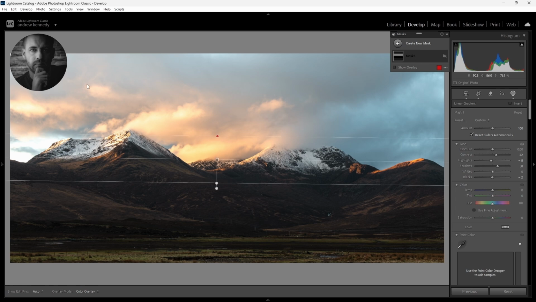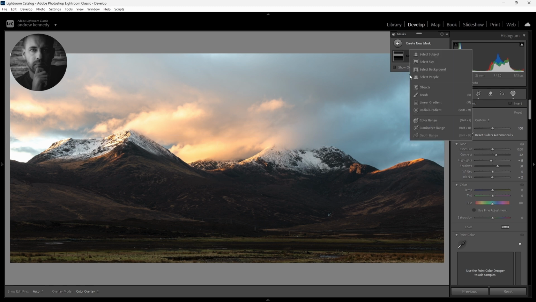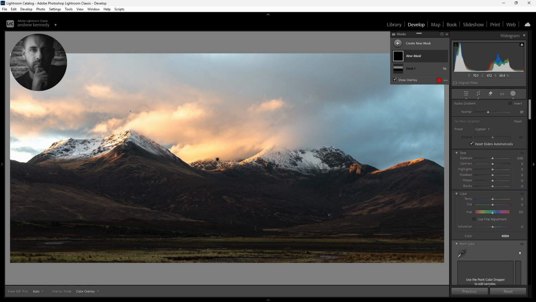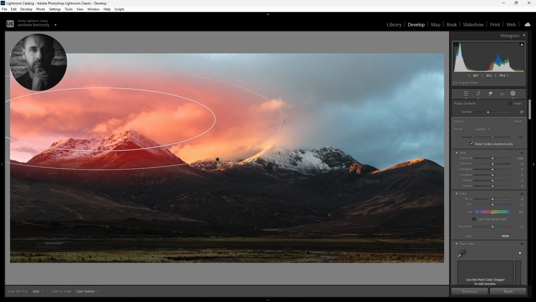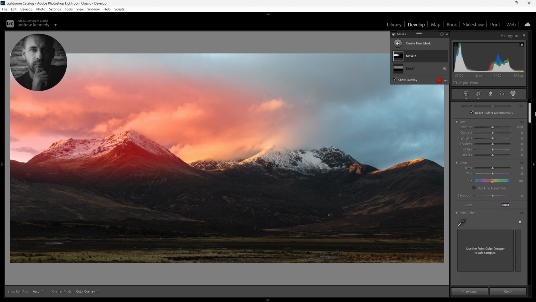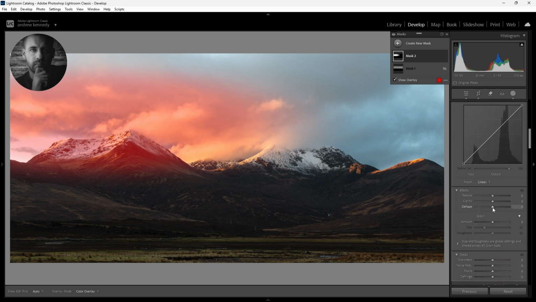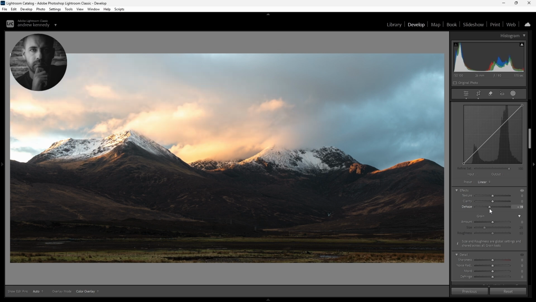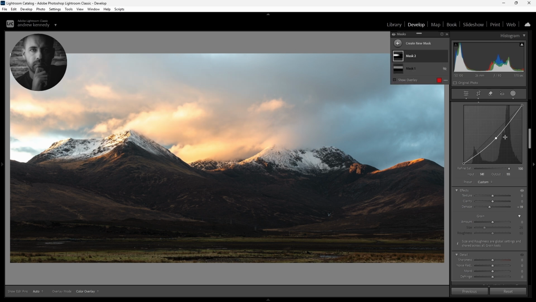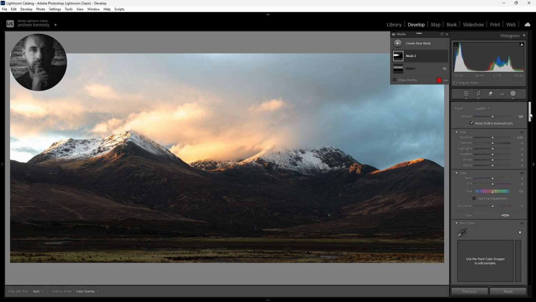Now what I do want to do is bring out some of this color up in this cloud here, because that was really glowing. That was really nice. It was popping quite nice as well. I'm just going to use a radial. I'm just going to bring that over here, and this is a great example of using the dehaze. So I'm going to just brighten that up a little bit on here. Just going to darken that down a bit, and we're only going to affect